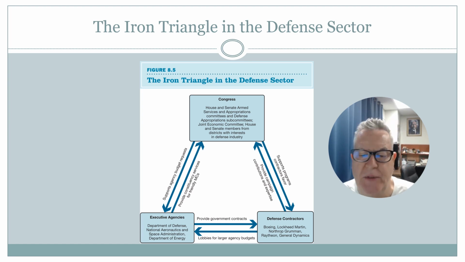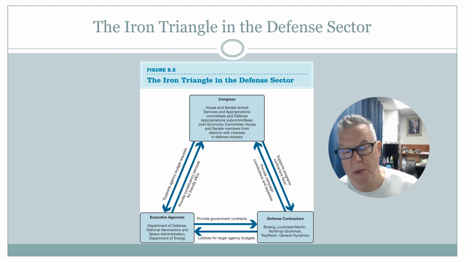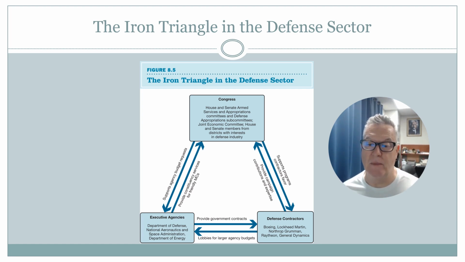So that's an illustration of an iron triangle. What is it that Congress has? They have certain committees and subcommittees where they have a unique hold over the policy-making process. Executive agencies like the Department of Defense, National Aeronautics and Space Administration, the Department of Energy, and the Department of Agriculture, which is huge, and people don't really realize how big the USDA is. And then, of course, in this instance, it's the defense sector.